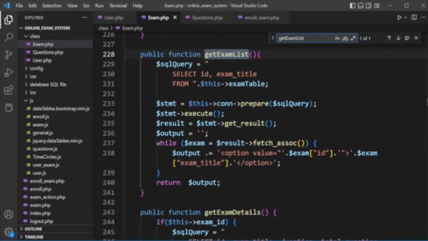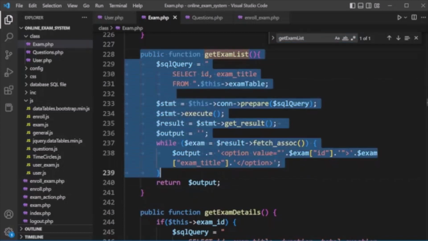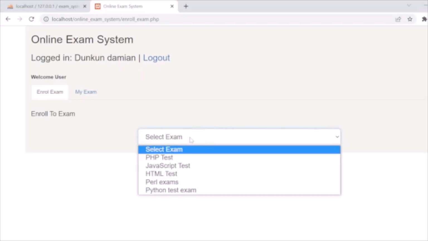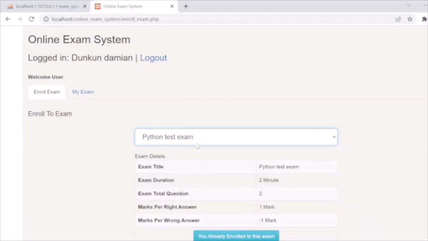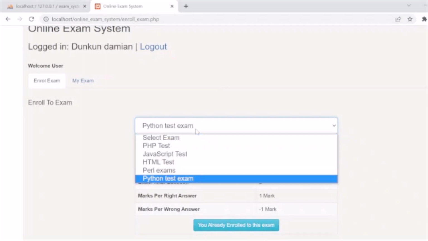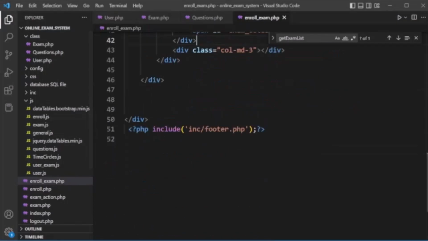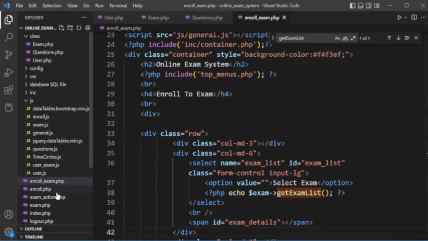In the get exam list, we are getting the ID and exam title from the exam table, without returning the output here. Actually, we are storing it as an option and returning it to display as a list here. Then, when we select an exam, it will display that you are already enrolled to this exam. If you have not yet enrolled, and you enroll to this, you will perform this. So all these functionalities run when we click on this, and then we also have